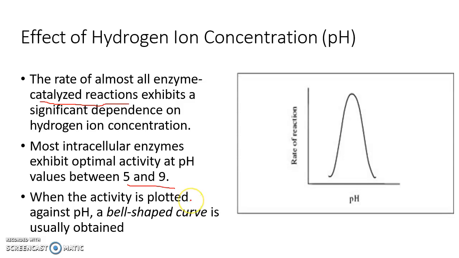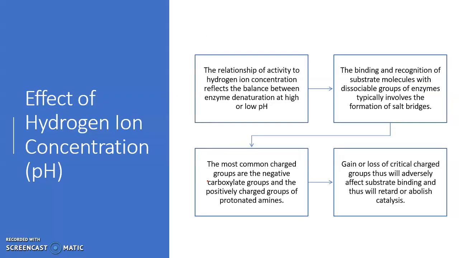Clear? Then when the activity is plotted against pH, here this is pH and the rate of reaction. So this is your optimum pH range, between 5 and 9. Then next slide. Here we also obtain a bell-shaped curve. This shows how the effect of hydrogen ion concentration influences enzyme activity. Here one term we are using is